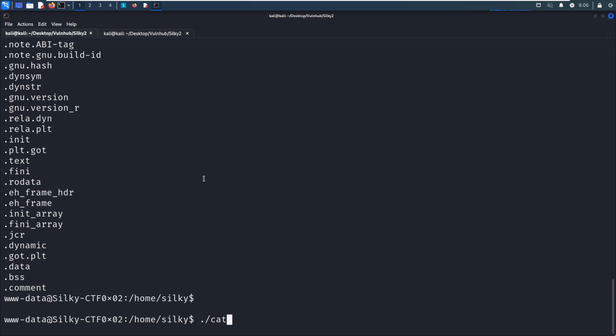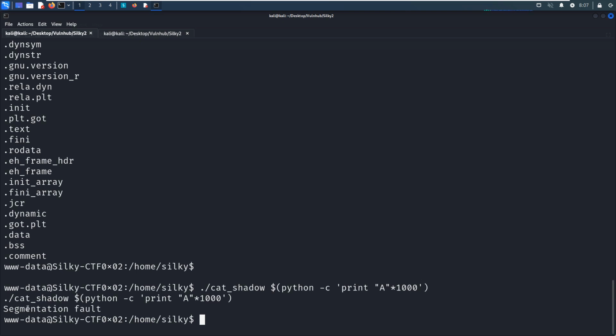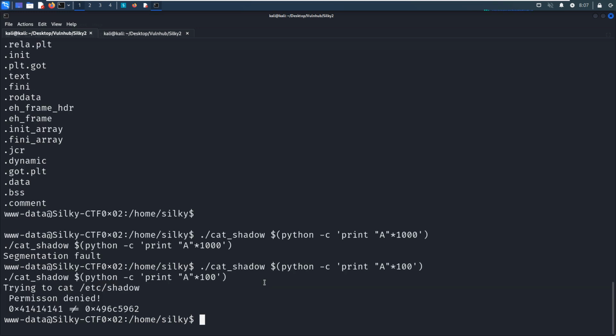So how do we do this? We can use Python 2, which is there, and feed it long data, like 1000 in length. As you can see, we got a segmentation fault. So let's make it shorter. Python print. How about 100? We got, as you can see, the